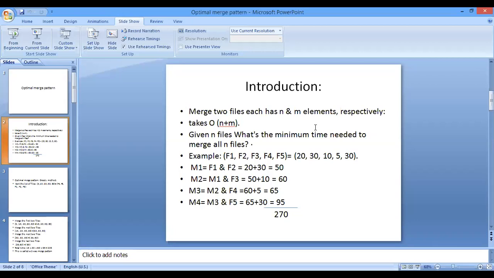Now suppose file 1 has data 5 6 7 8 9 10. In the same way you have a new file, f2. In f2 also you have sorted data like 1 2 3 4 5. Is it clear? So the data in each and every file is either alphabetic or numeric, whatever it is, but the data is in sorted form. Okay, so these are your input files. Now what you have to do is merge all these files.